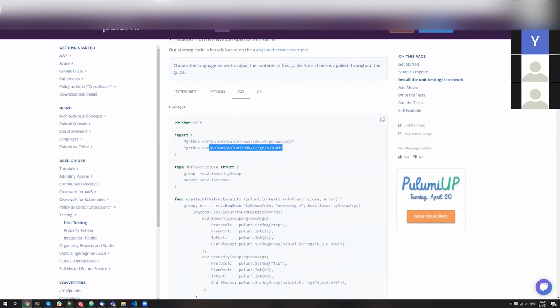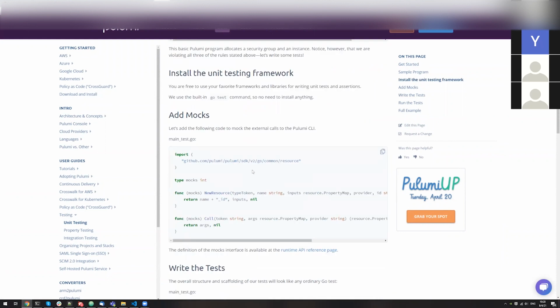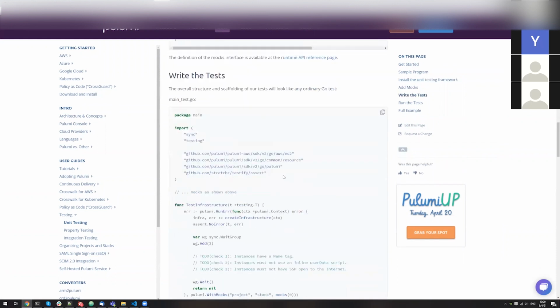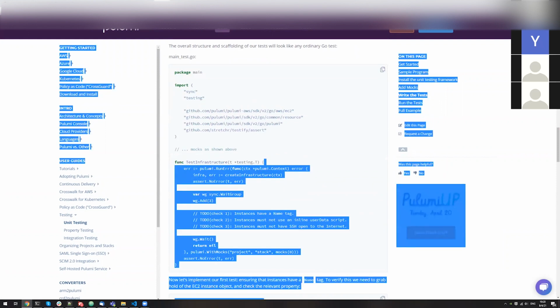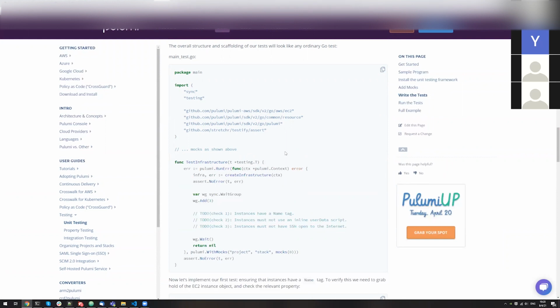You don't even need a Pulumi specific thing at all. You just use your language's testing framework and test your resources like you would any other function in any programming language. I'm not sure if everyone knows what unit tests are and how they are used. In general, a unit test takes each individual small component of your application. For example, if a function that you execute takes the proper input and returns the proper output, this would be